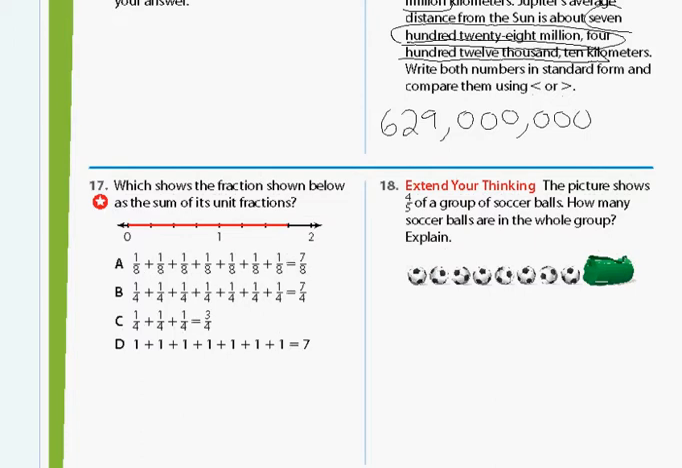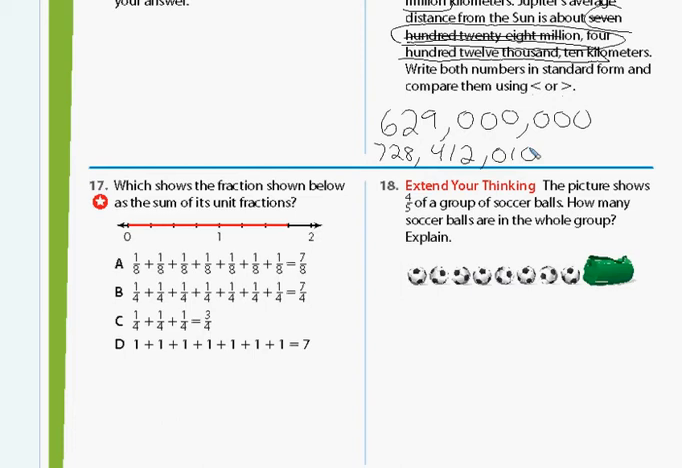728 million. So 728 million. 412,000, that's comma 10. Kilometers. So, which is greater, 629 million or